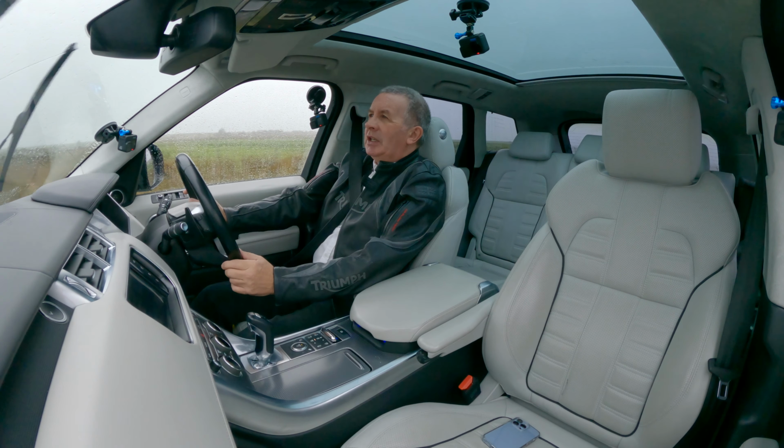One great extra in here, the Meridian speakers. The sound system is fantastic. Right,